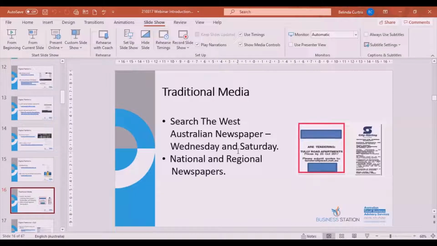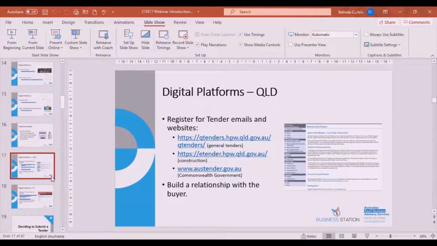Now, even though I've just given Western Australia websites and federal government, regardless of where you are in Australia, you can register for these sites as well. So if you're based in Queensland and you want to tender for work in WA, you can do that and register for those websites. So, for people in other states that have joined us,